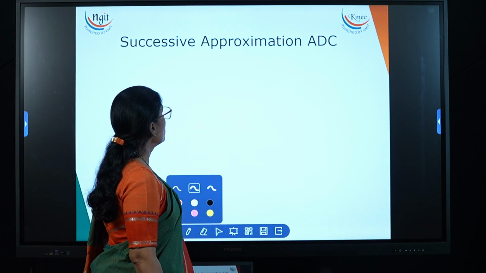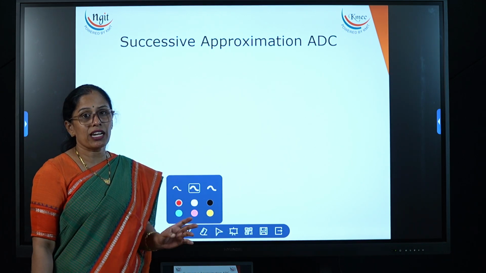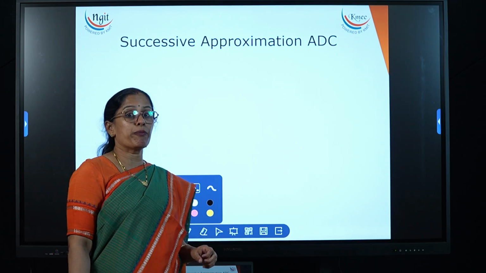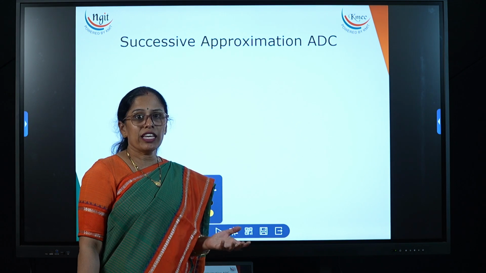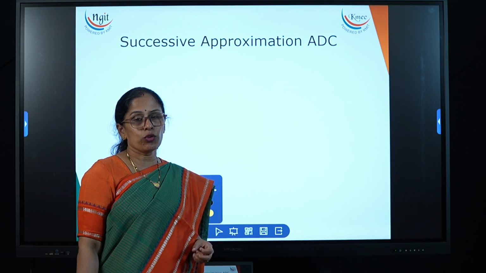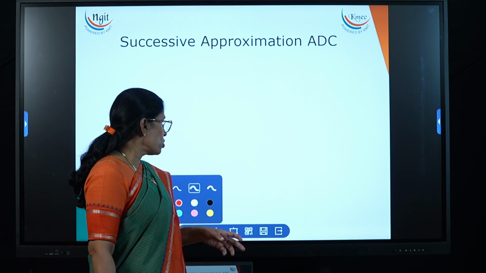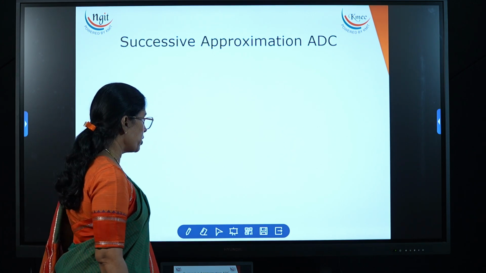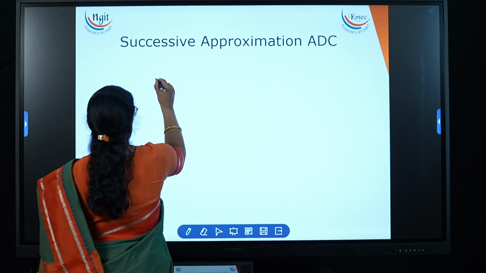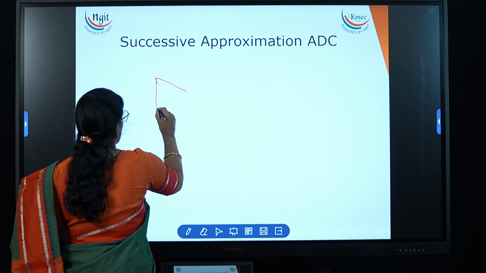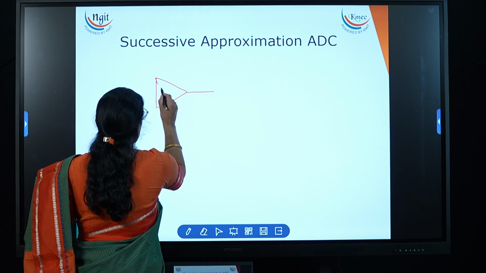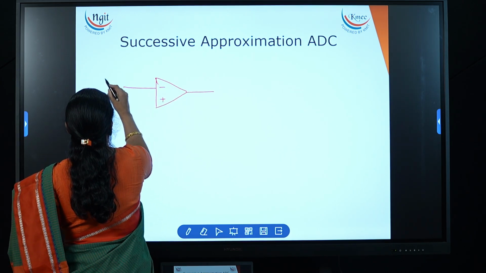Now here it is also converting the analog signal into the digital signal by approximating the given analog signal into a few digital inputs. So how it is doing that, let me explain by using the diagram. Here also we are using one comparator. Now this is one comparator. For this, here we are applying the analog